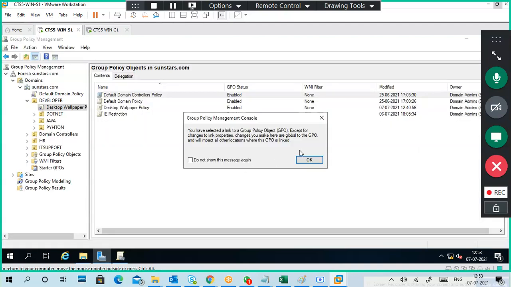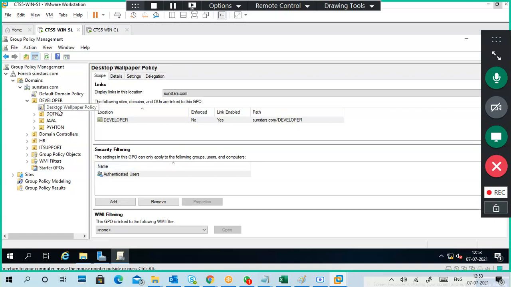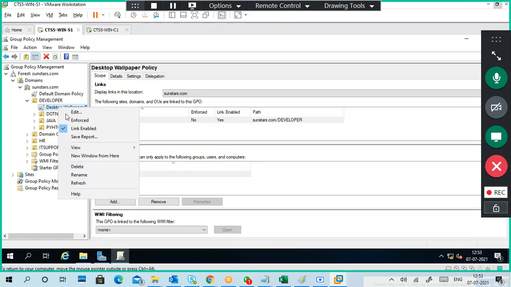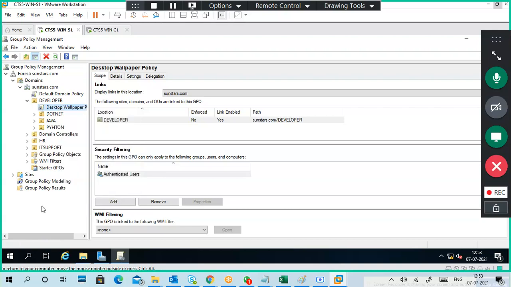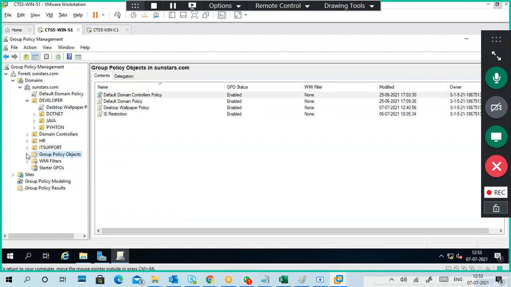Next. For example, you don't want this policy and you deleted the policy. What happened? It is deleted from here only. It is not deleted from the group policy objects. All policies are stored in group policy objects. If you delete here, the link will be deleted.